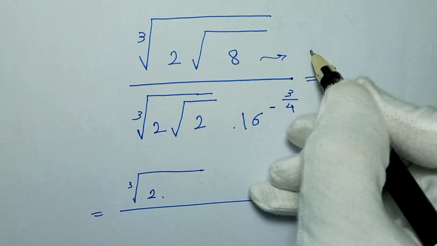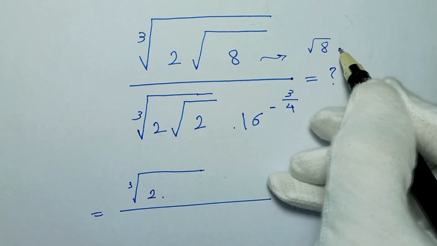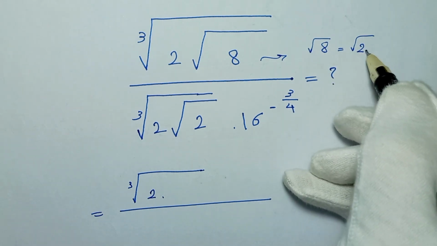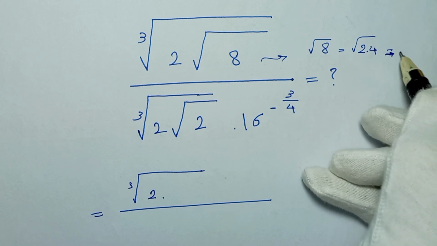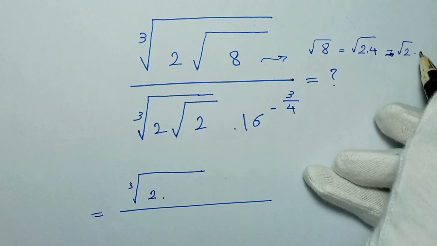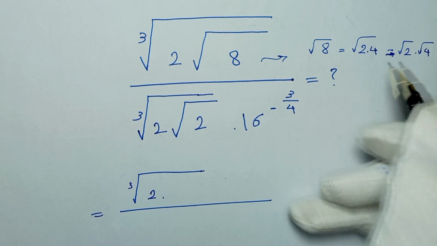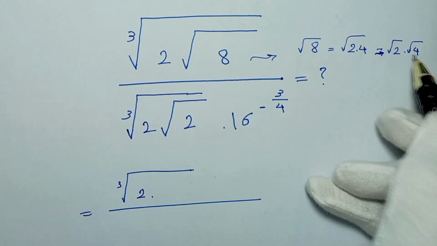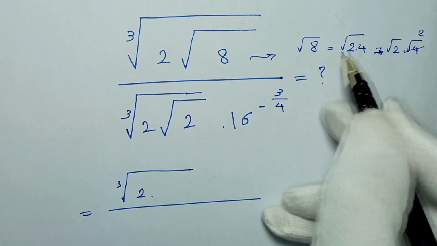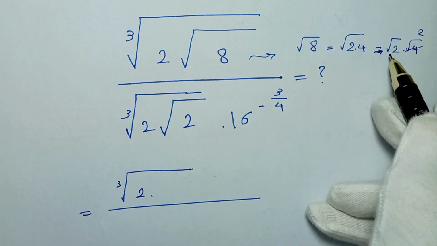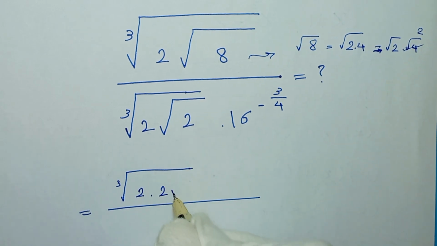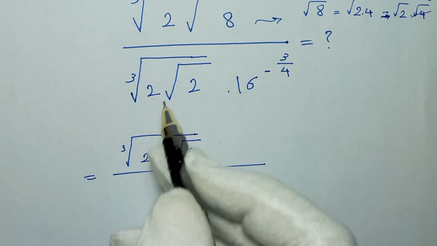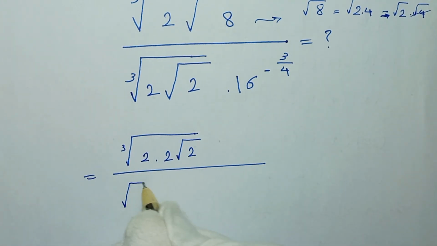We write square root of 8 is the square root of 2 times 4, and also it is equal to square root of 2 times square root of 4. And this square root of 4 also is 2. So square root of 8 is 2 times square root of 2. So we can write 2 times square root of 2. And in here we have cube root of